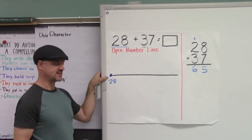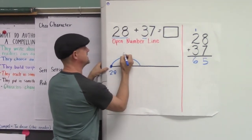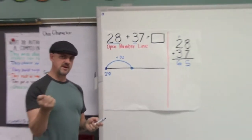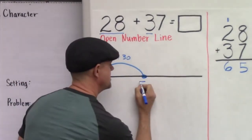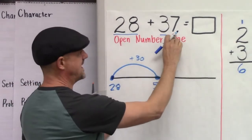Now that most of the second graders are able to just go, oh, 3 tens, that's 30, they may still count by tens using fingers. There's nothing wrong with that. 28, 38, 48, 58. But many of them can do that now in their head. When they're adding the 7,